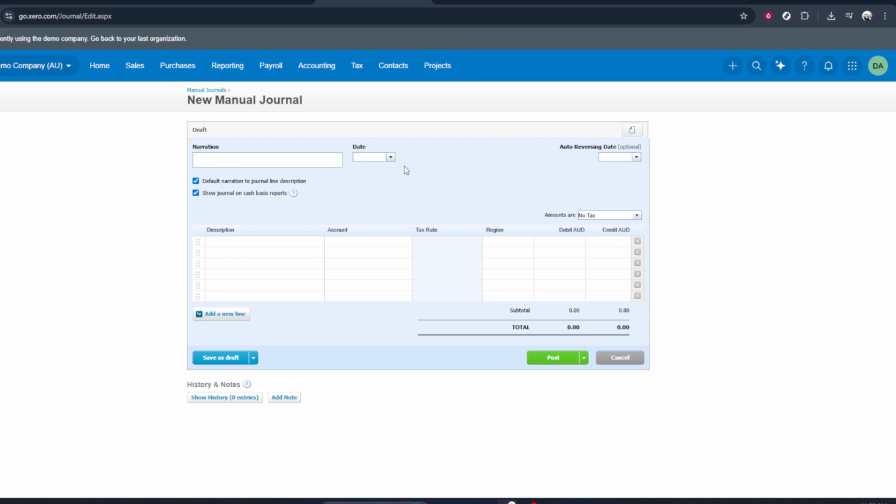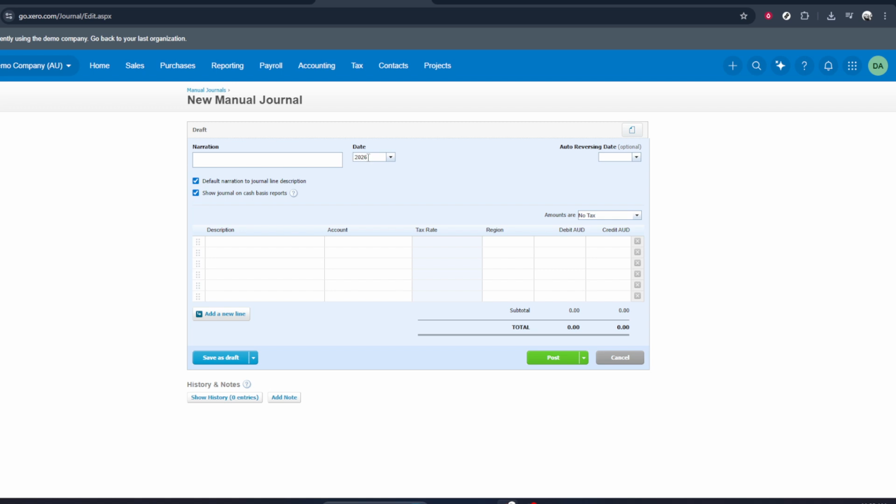One of the most important fields here is the date. Set the date of the journal to match the period when the transaction should actually affect your accounts. For example, if you're making an adjustment for something that happened last month, use a date from that month rather than today's date. This helps keep your financial reports accurate for each reporting period. When you choose the date, think about whether the journal needs to be included in a particular month-end or year-end report. If your organization is working to a strict reporting timetable, double-check that the date you select lines up with